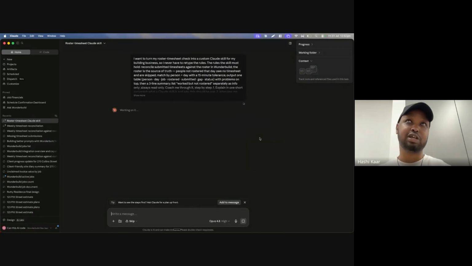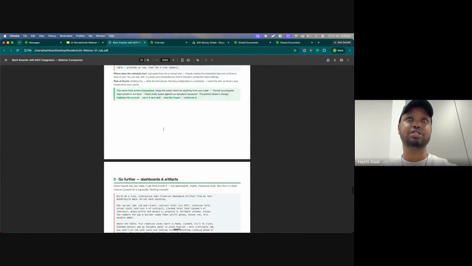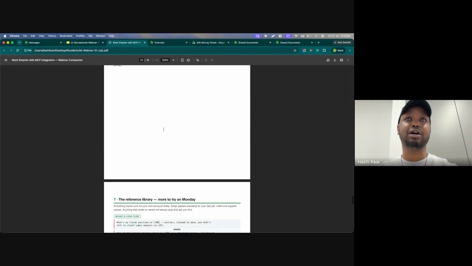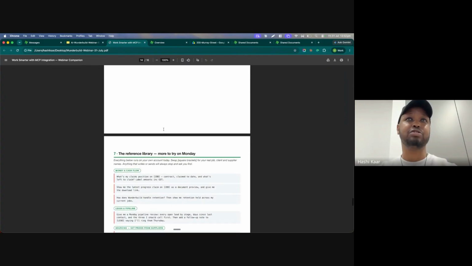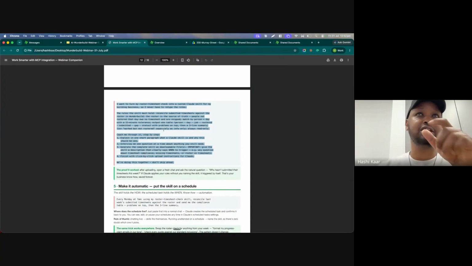What it's going to do is create a repeatable skill that I can use next time without needing to write the full text every time I just want to compare timesheets and roster. Claude is going to build that skill for you. Again, you don't have to do much, really just follow the instructions provided here. Later, when we're ready to use this, all we need to do is run a simple message like, who hasn't submitted their timesheet, and Claude would automatically